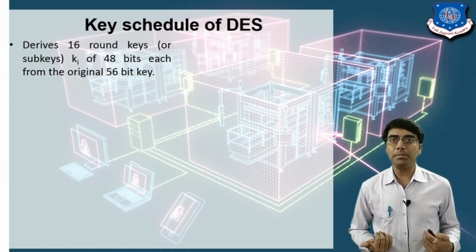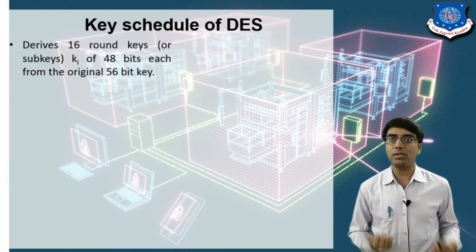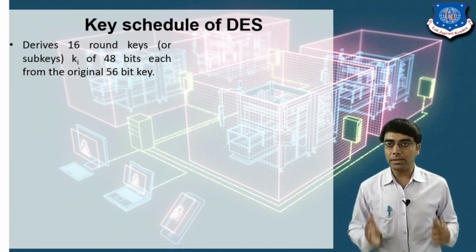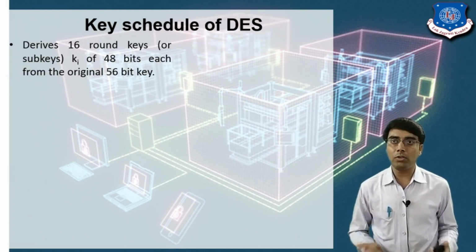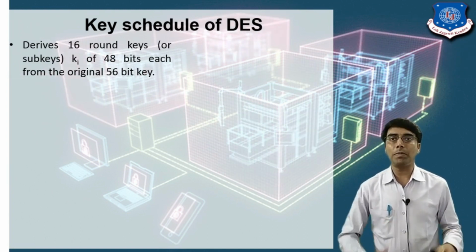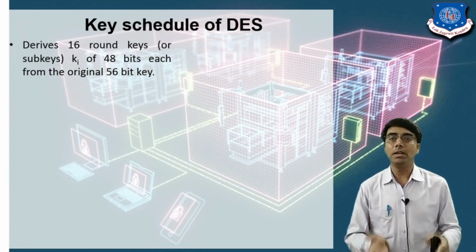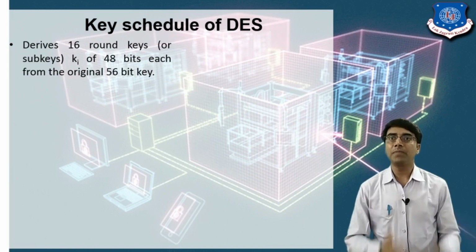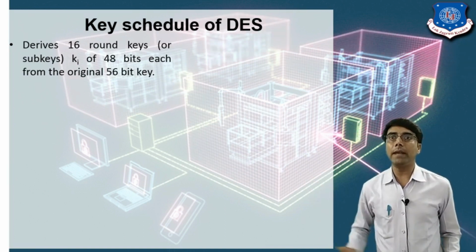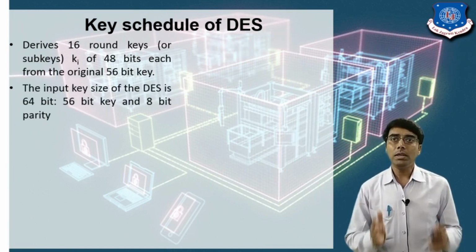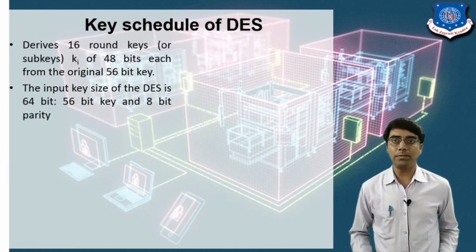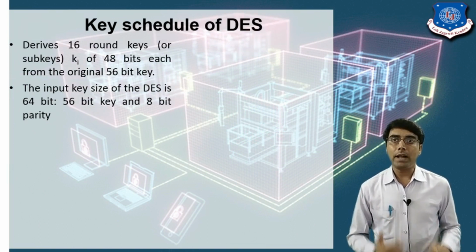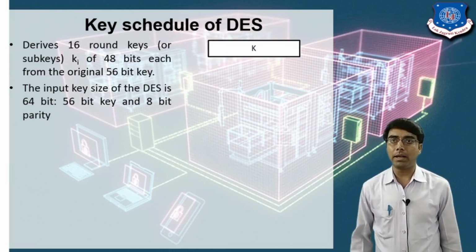It means that in PC2, permuted choice 2, the 56-bit input will be given into permuted choice 2. Now we are performing a compression operation. It means we discard 8 bits from the 56-bit key, and it will generate the 48-bit key. Now the size of the DES key is 64 bits, as you know, which is a 56-bit key and the 8 bits are parity bits. How?